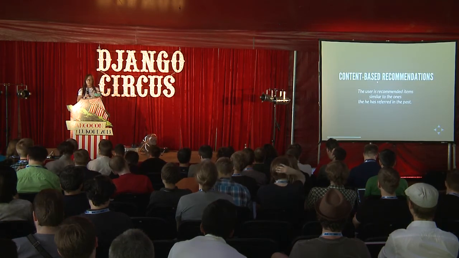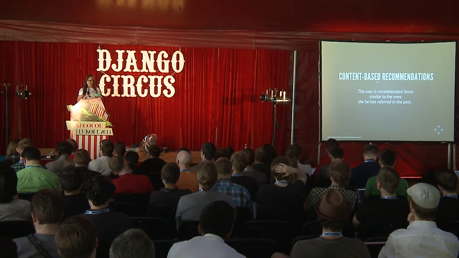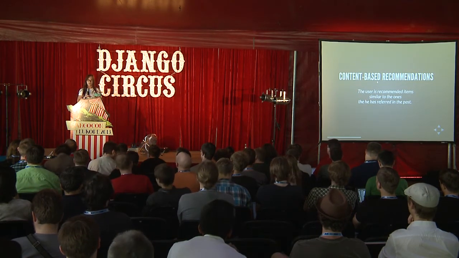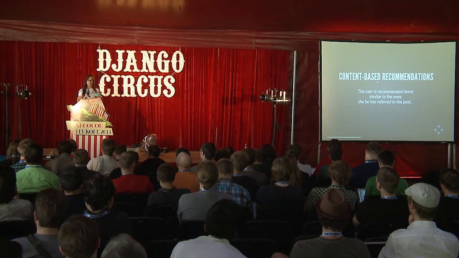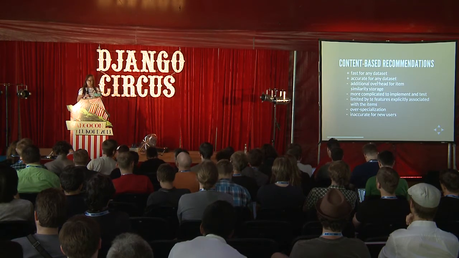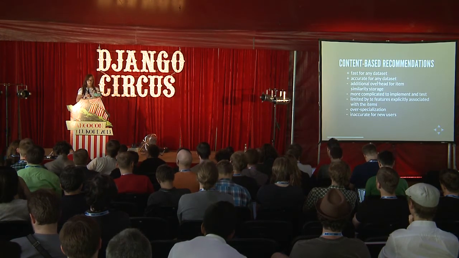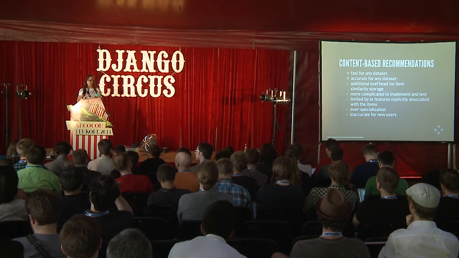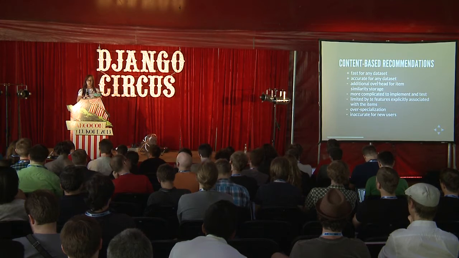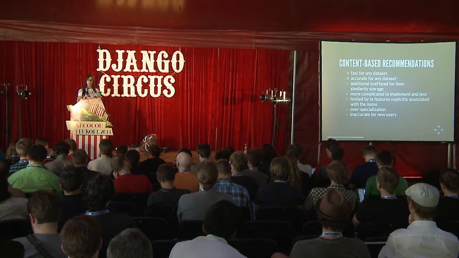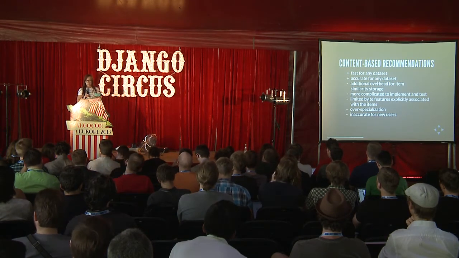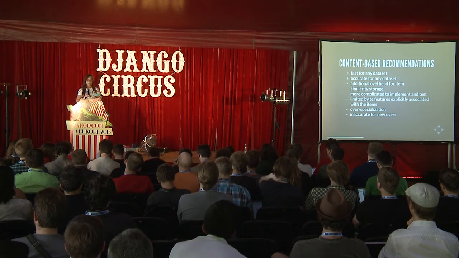Content-based recommendations, on the other hand, recommend items that are similar to the ones that the user has taken actions on, that the user has rated, and so on. They are more complicated to implement and to test. You have to remember the additional overhead for similarity storage. You have to create the storage. You have to maintain it. So this is the thing that you have to remember about.